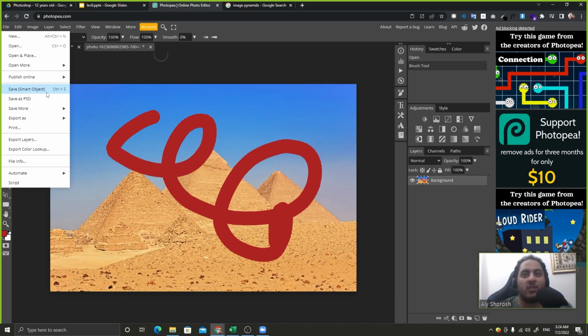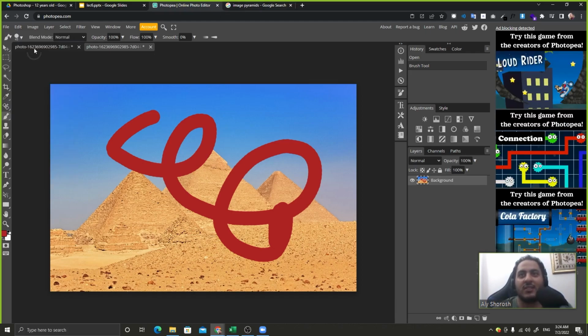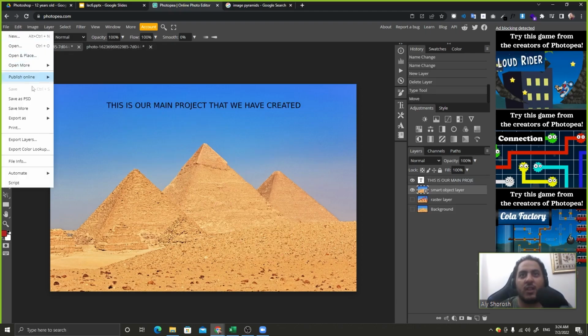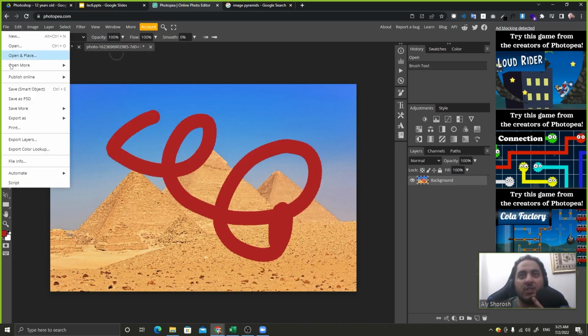And here it knows on its own that this is a smart object, because if I click on my main project, it will ask me to save, and I first have to click save as PSD. This feature is not meant for a browser-based software like Photopea. It's meant for Photoshop, or GIMP, or any software on a computer. So this feature is visible here, and it says this is a smart object. You want to save it? So let's save it,